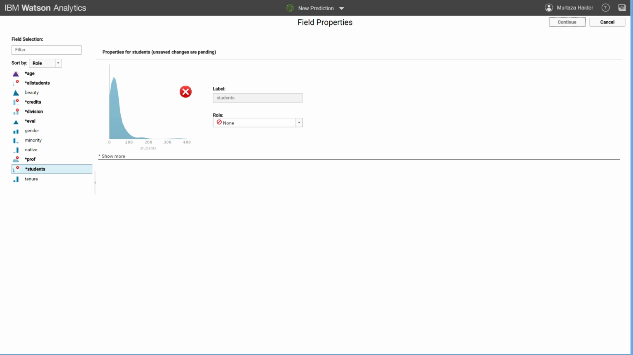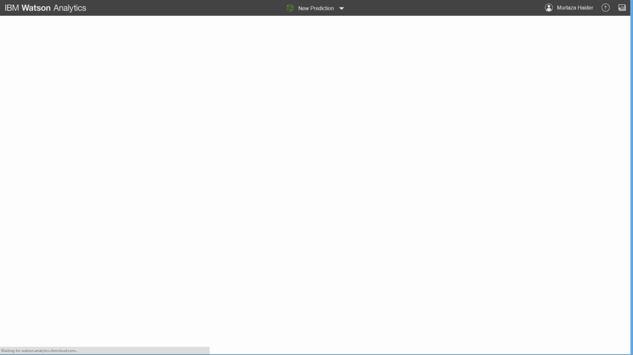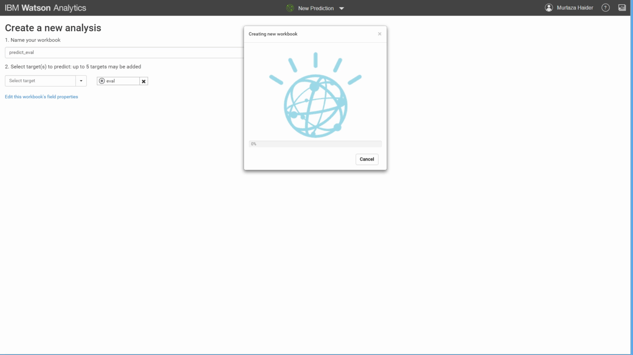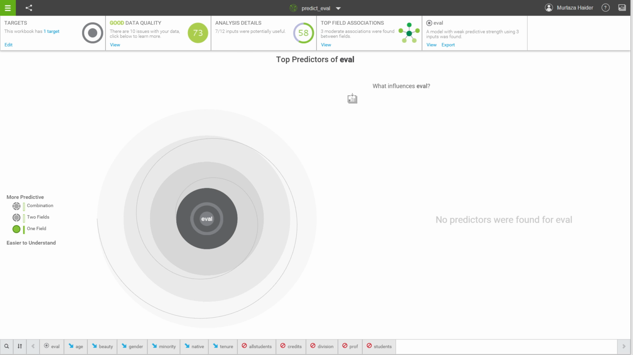Now that I have my data selected, I will click on continue, and once I click on continue, I will get the option to name this prediction as predict, and I will just call it predict underscore eval and click on create. Now Watson Analytics is doing the number crunching behind the scenes for us. As soon as Watson Analytics is done doing the number crunching, we see the output as follows on the screen,